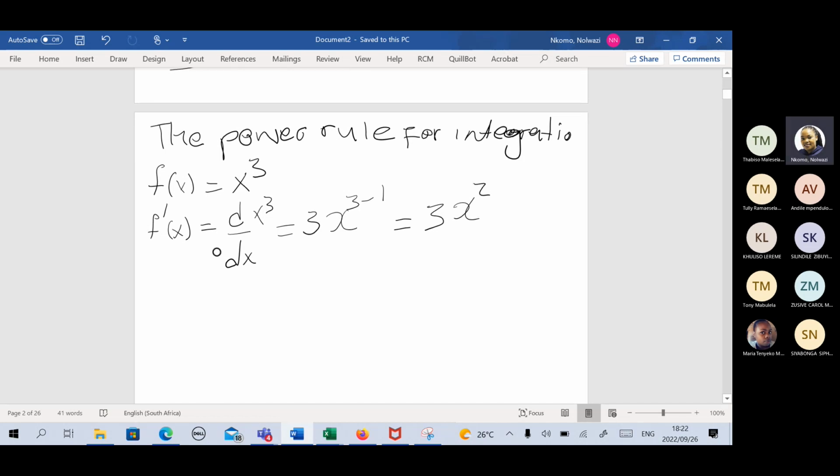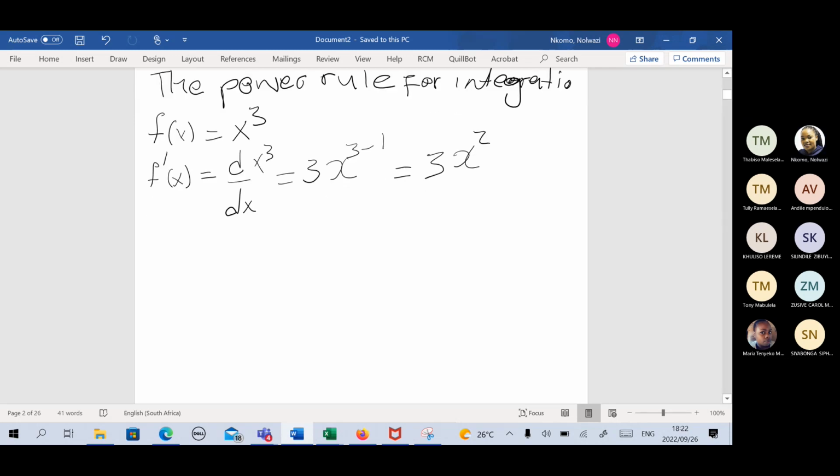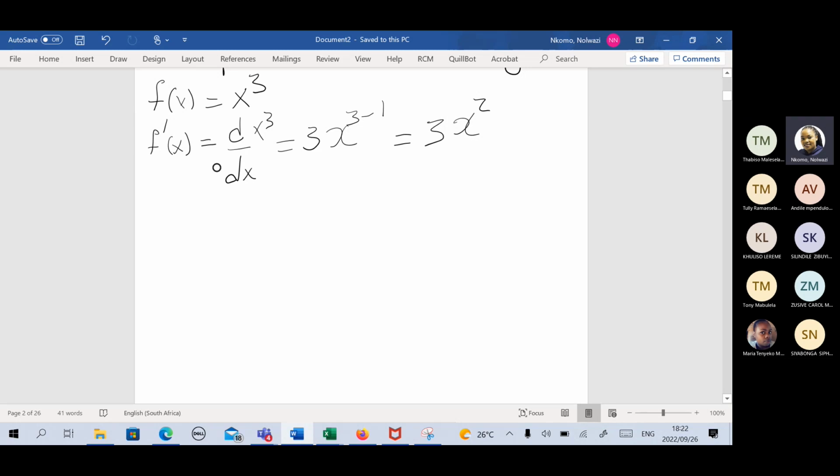And we call this rule that we used here the power rule for differentiation. Okay, remember I said the power rule for integration is the reverse process for the power rule for differentiation, right? So what we did here,